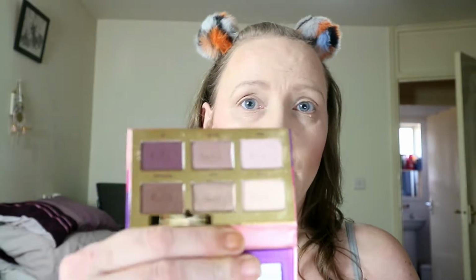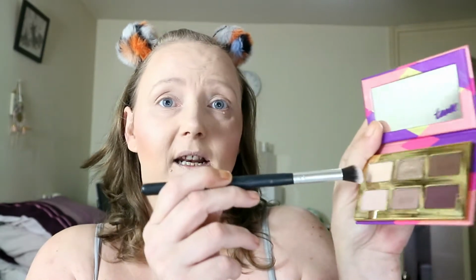So guys, I'm back with my eyebrows done, and I know I want to try this NYX Cosmetic Metals one because I haven't tried that one. I think I'll be using the TARTE TEASE one, and I'm just taking a little one, and this is a little palette, so not quite a mini, but it is a mini palette, so that's how I got away with that one. So I'm just going to pack it on my brush and just put it,